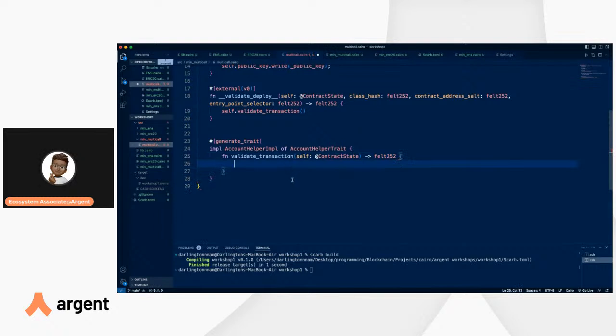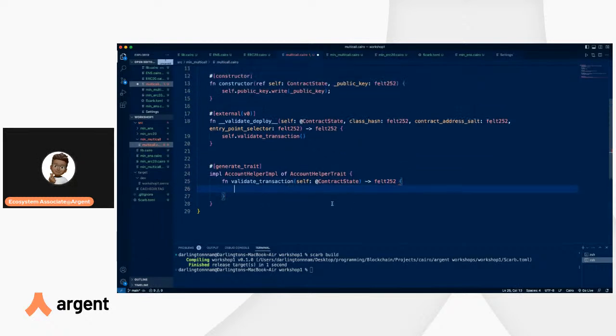What do we want to do inside here now? All right. I think the first thing we probably